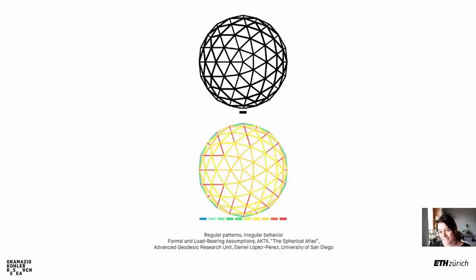Maybe again connecting with the question from Roland, if we think about what we will do with this, it's just an image of a dome. If we think abstractly, we have this regular pattern that looks perfectly homogeneous and regular, but actually if we load it, we see that every single bar is different, and there are differences in the connections that actually have to be taken into account. So thinking in this respect, I'm looking forward to using this method for solving these differences and acknowledging that in a structure, where you can see the differentiation in performance that is actually there, but